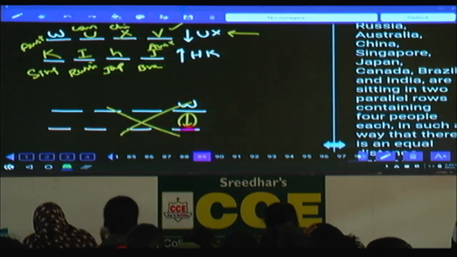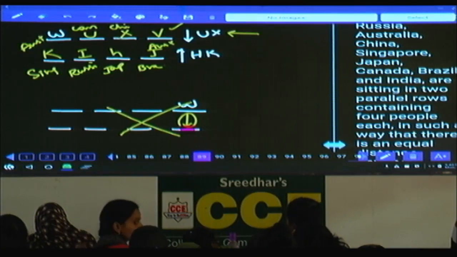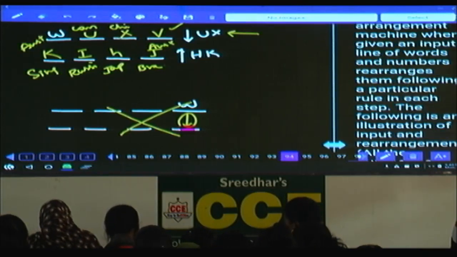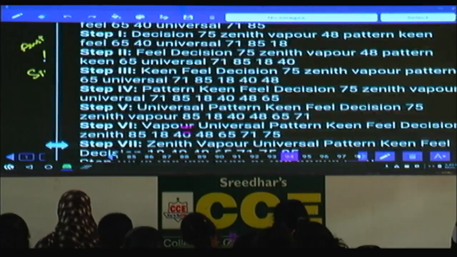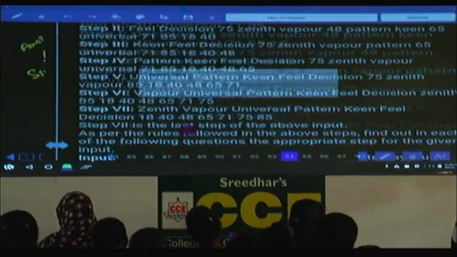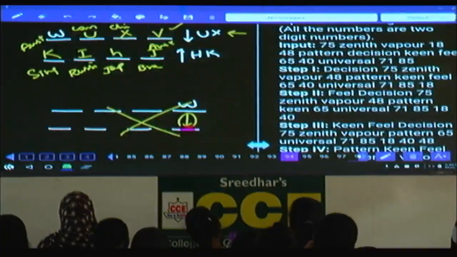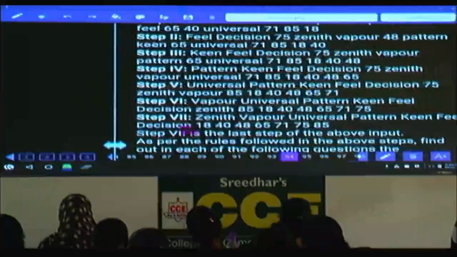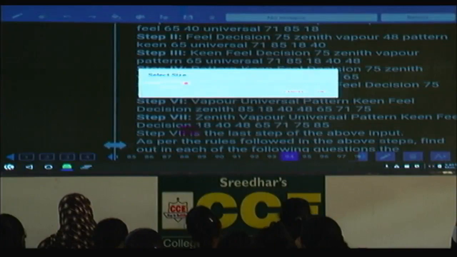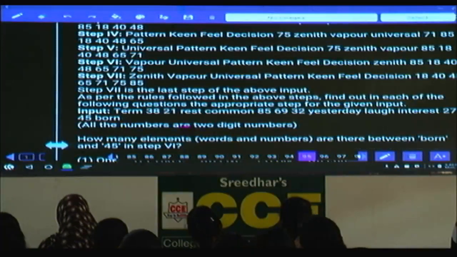89 to 93. Then 94 to 98. Now, the questions numbered 94 to 98 are based on which category? They come under input and output, isn't it? Now in this input and output,